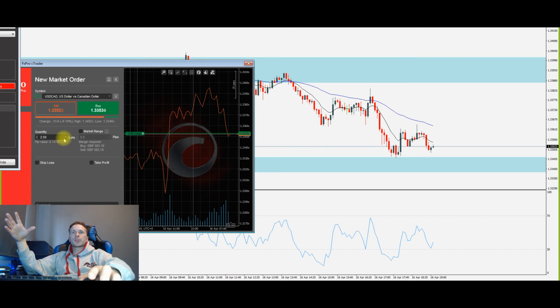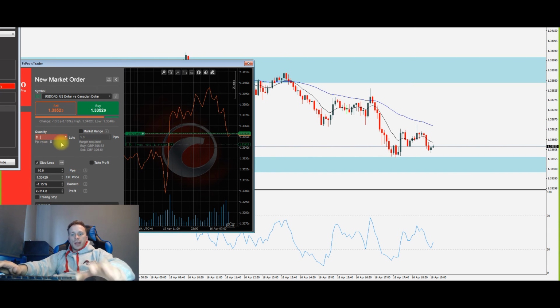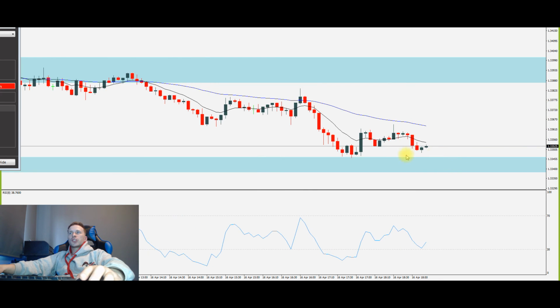A 10 pip stop loss, obviously I want to be risking 1% of my account. So 1% is like 1.8, we'll go 1.8 lot. Take profit is going to be set at a 1-to-1 risk reward ratio. Stop loss like that. Now I'm just going to play the waiting game, because if I actually zoom in,